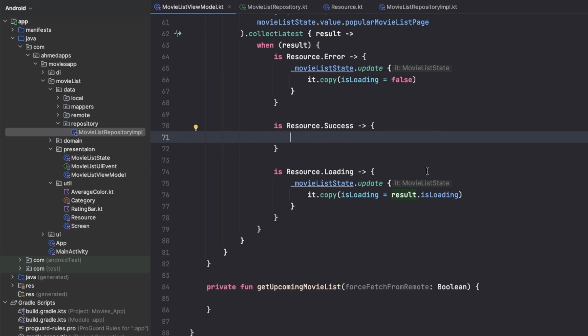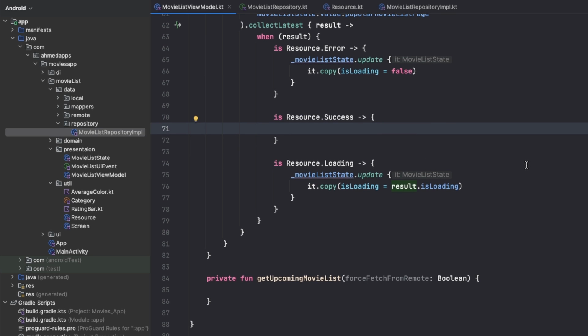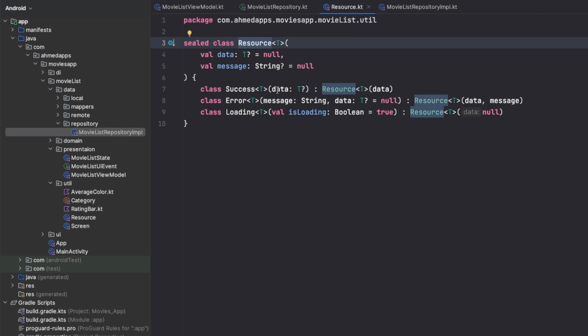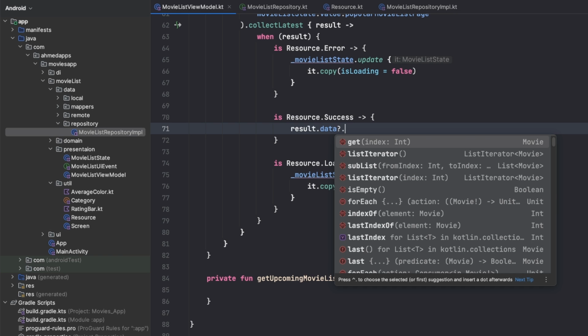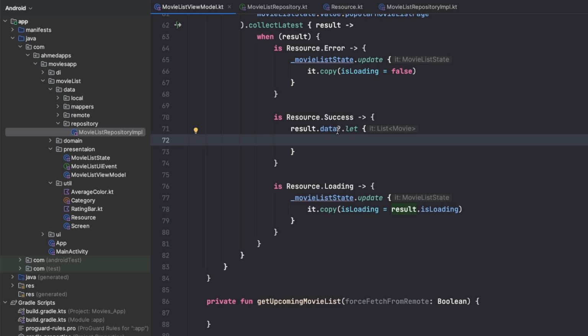And now this is the most important one for us. When we actually successfully get movies, what we are going to do is we need to check that the data, which is again right here, the one we passed with the success, is not null. So we have data dot let, because we need to know that this is not null. So this let block makes sure that the data isn't null, because it is nullable. So after that, we get actually a list of movies. So we can just say